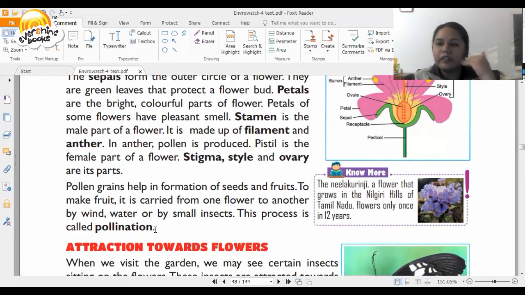So when the wind is blowing, the pollen grains fly, or they move away. From water, sometimes there's heavy rain because of that, and small insects. Sometimes the insect might be sitting on a flower, so these pollen grains get stuck to its body, and the moment this insect sits on another flower, those pollen grains are left on the other one.